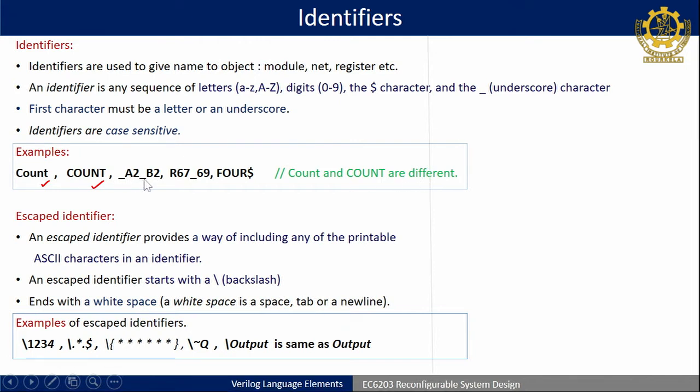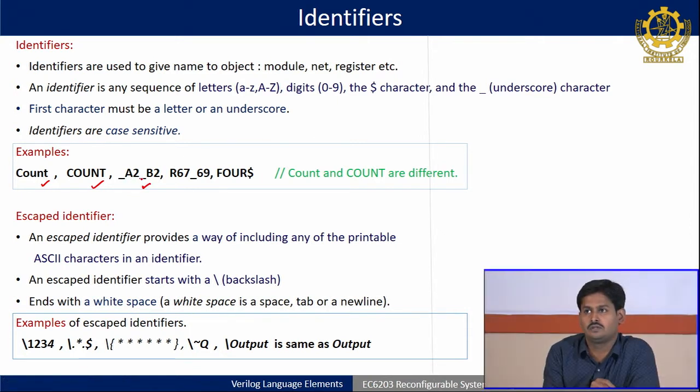Apart from that, these are other valid identifiers. They start with an underscore or alphabet. You can't start with a number. The tools which we use, like Xilinx FPGA tools or other tools, will point out that in that line there is an error, but they will not tell what the particular error is. So you have to debug on your own that it should not start with a number. By chance if you have started with a number, you have to take care on your own. Here it starts with R.